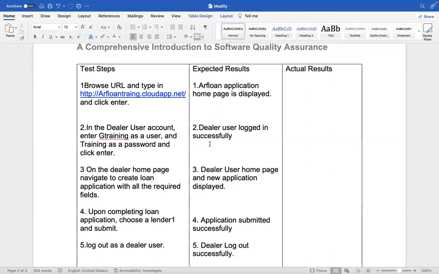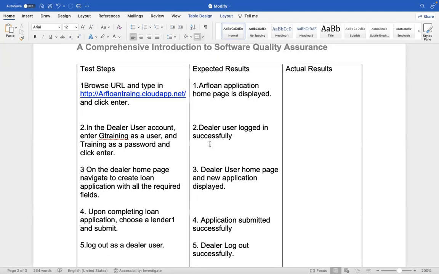Wait, but your step number 2 says you are logging in as a dealer, right? It's creating a new credit application. That's why I wanted to question that. Yeah, that's what he was saying the last time when I read it. No, which is good. I like it. The way you have it is correct. So now I'm using the lender because we are changing the dealer to the lender right now. Okay. So number 2, instead of the dealer, it's supposed to be the lender user account, and when the lender logged in, it took him to his homepage. Why are you changing anything? This is correct, what you have. Yes, these steps are correct. There's only one